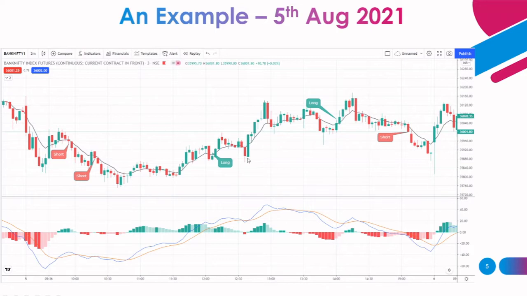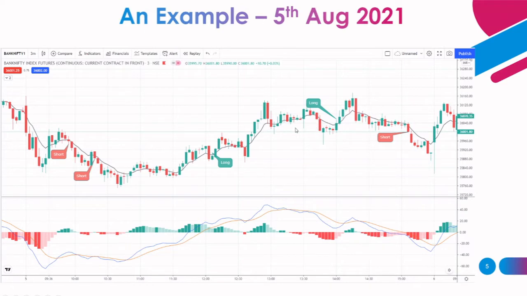The candle size should not be big. So it is a very big candle. Even if the market goes up, we are avoiding it, because many times it happens that if a very big candle forms, the next candle goes down. It just touches and comes down. So we are going to avoid this kind of situation.